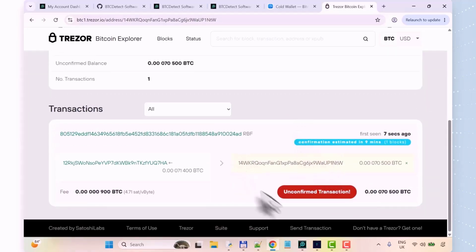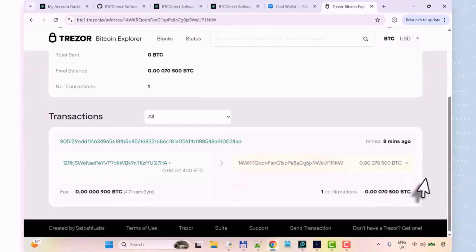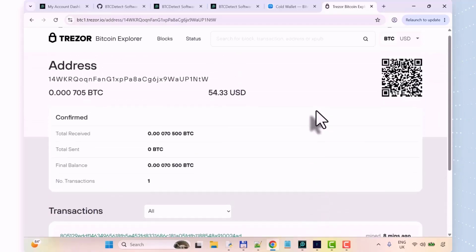Now we wait for a certain amount of time for the miners to confirm at least one confirmation. We need the transaction, so let's update the result. Now we can see just one confirmation from the miners and we received a certain amount. So now let's update our